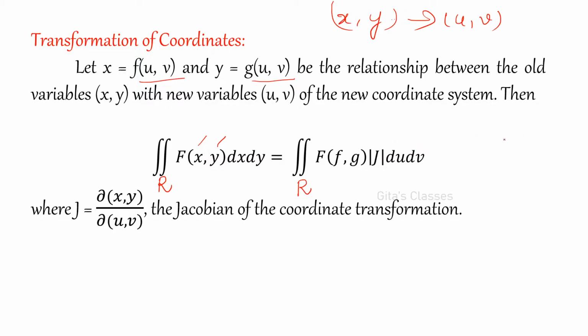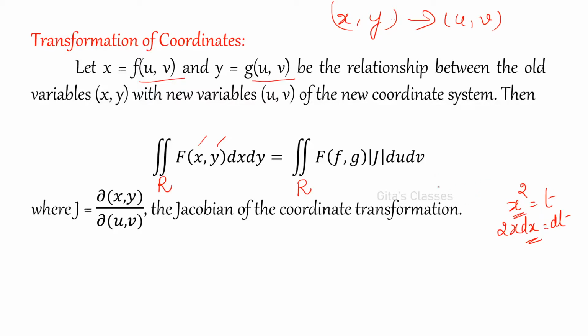See, in single integral sometimes we make substitutions, like that it is the same thing. Here we are changing two variables, whereas there we had only a single integral and single variable, which was easy. For example, x squared is equal to t. If you substitute, we are changing from x to t, so 2x dx is equal to dt. Wherever you find x squared, you will replace it by t, and dx should be replaced by dt by 2x and so on.